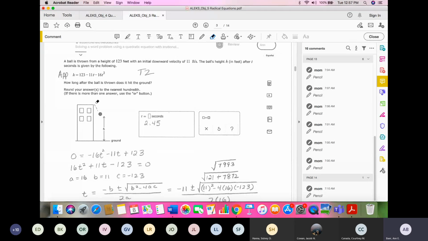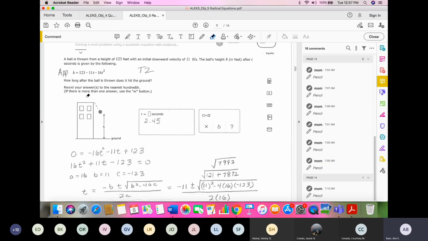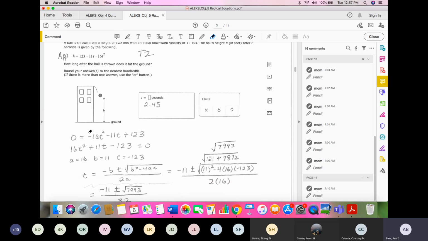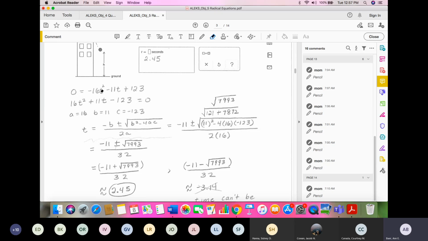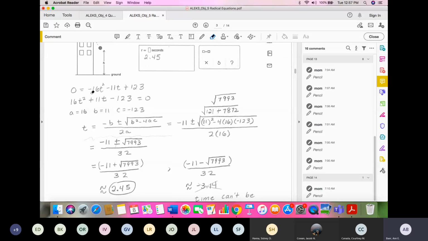Now, this problem is different than the other one because we weren't throwing something up off the ground. It was following a parabolic path where we got 2 solutions. There's likely only one solution to this problem. So we put in 0 for the height and we get this. And I'll just go over this from a process point of view. And then I moved everything to the side, and that changes all these signs. This will change to plus, plus, minus on the other side.